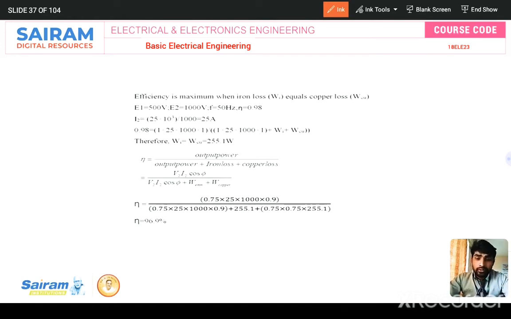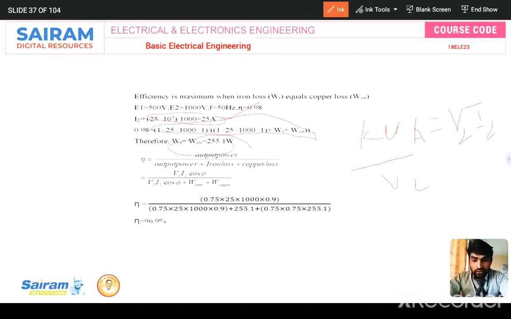So I2 we can calculate by using this. I2 we can calculate as kVA divided by V2, right? If you want I2, it is kVA divided by V2, with kVA as it is, 25 into 10 raised to 3, divided by 1000, and you will get 25 amps. And with 0.98, just substitute the values over here, Wi plus Wcu, Wi is equal to Wcu, you will get